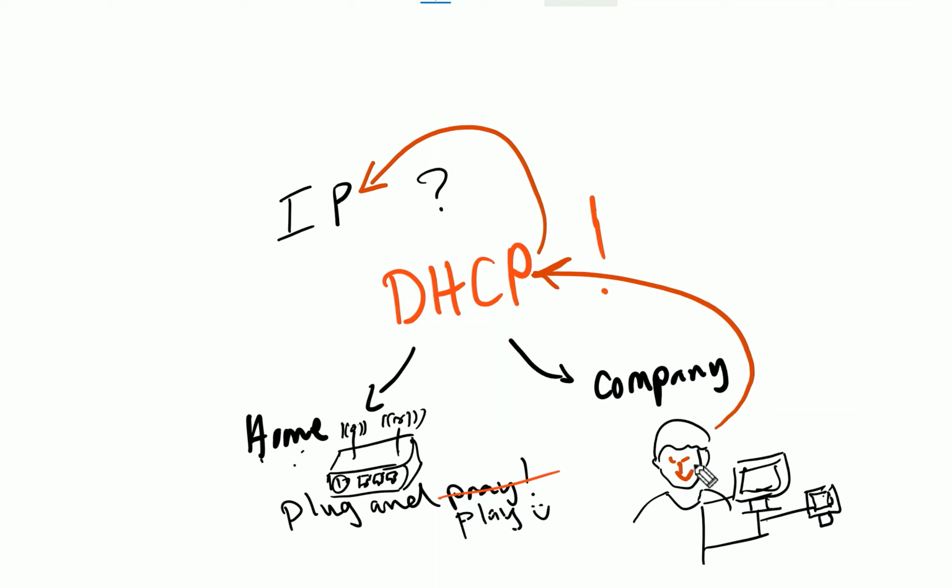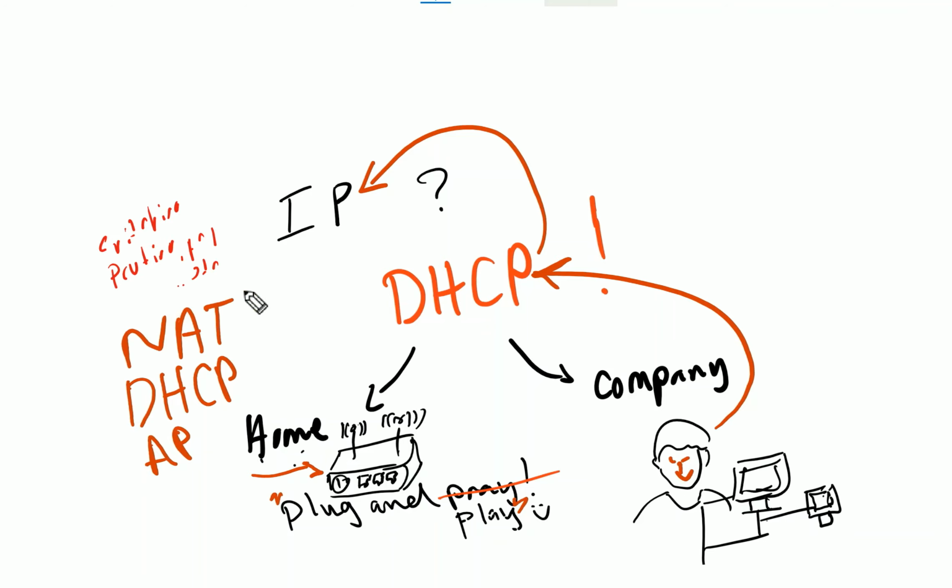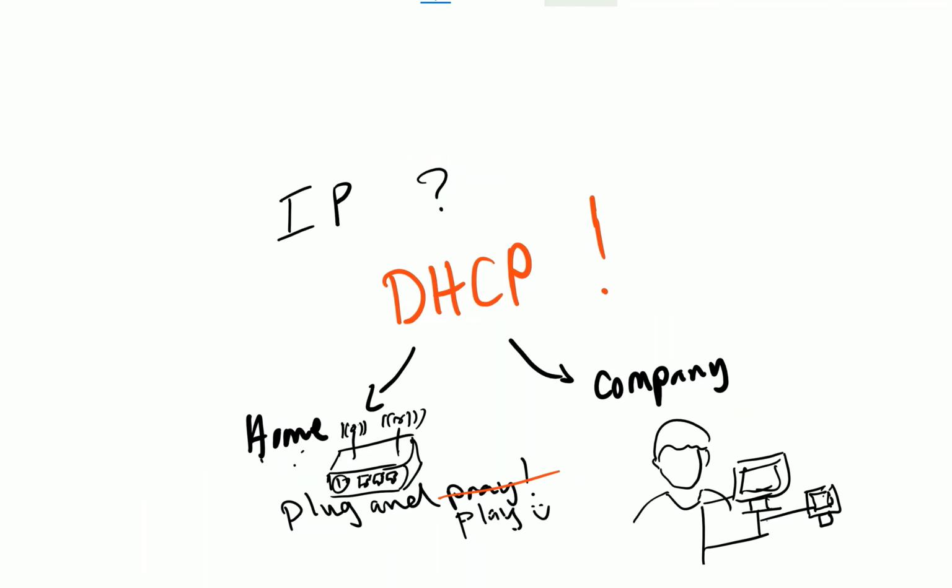At home you might not need to worry that much about it. It will be just plug and play, because those routers usually come with a pre-configured DHCP server. They might also come with wireless capability and many other protocols already configured there. So again, the